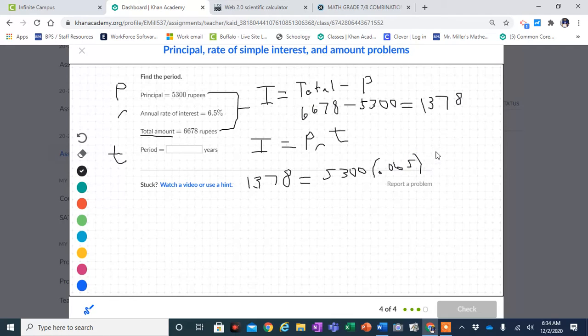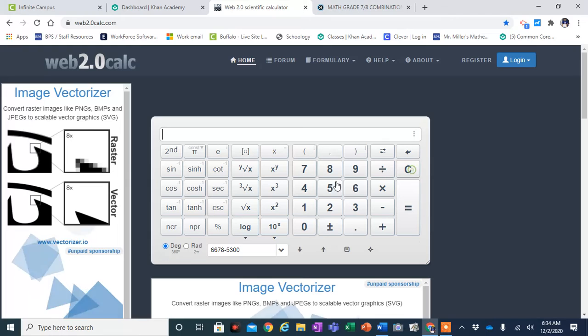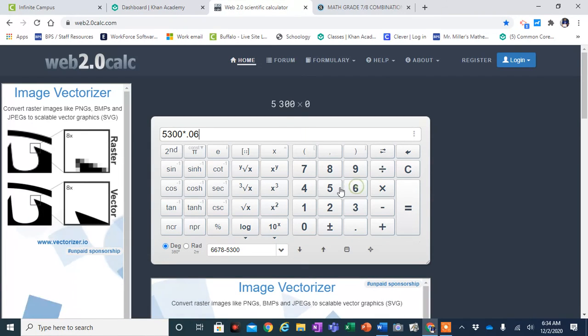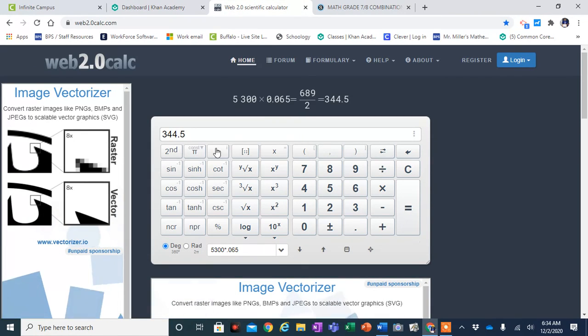And then that needs to get multiplied by time, which we don't know. So again, we've got to multiply the two things we do know. So we get 344.5